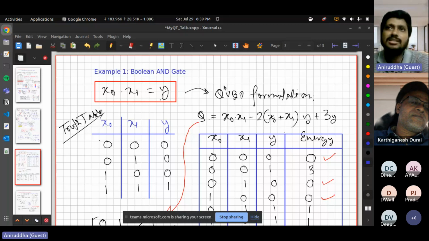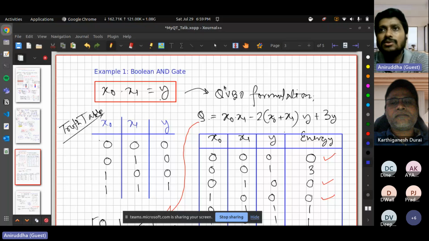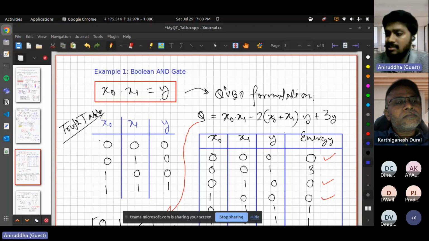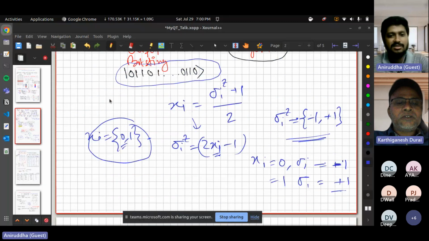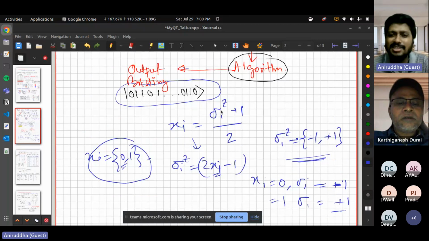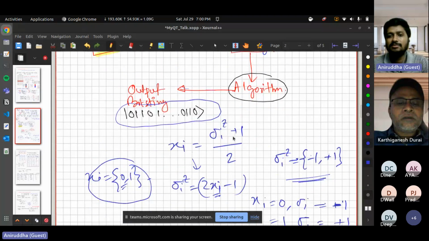Okay. The mathematical expression is basically you are changing the basis. Initially your basis was a 0-1 basis, and you wanted to convert it into a -1 +1 basis, because spins have two eigenvalues, +1 and -1. To do that you just took a linear transformation, which you can see here. So x_i equals sigma z. That's the mathematical expression.